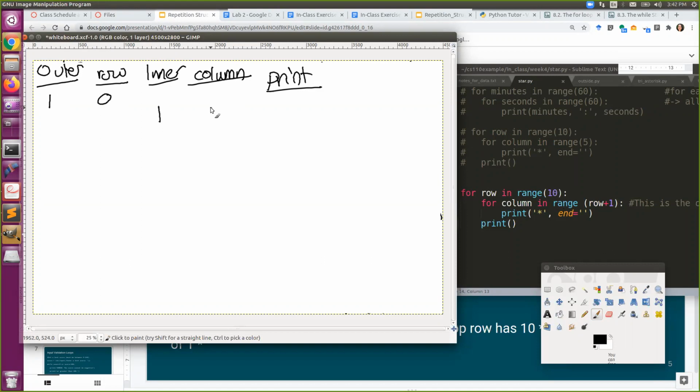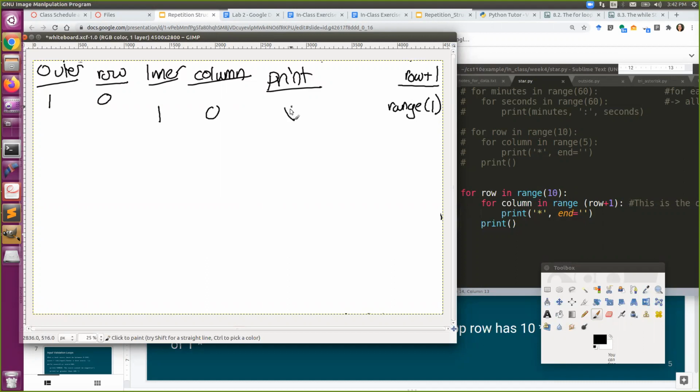So, okay, so column is going to be 0, right? because we know that we default to 0. But our range is row plus 1. So let me put just on the right here, row plus 1. So we know that row here is 0. So in this case, it's going to be range 1, right? So we know that we can start at 0, and then we'll end with our 0 plus 1. So we can do 1, right? We can do 1 go. So we can do 1